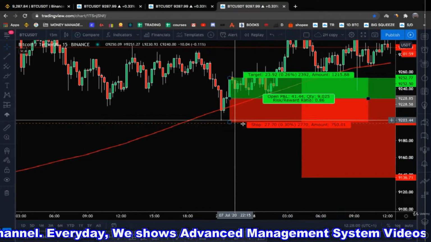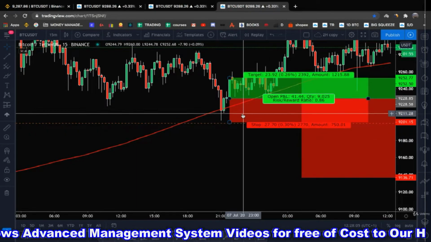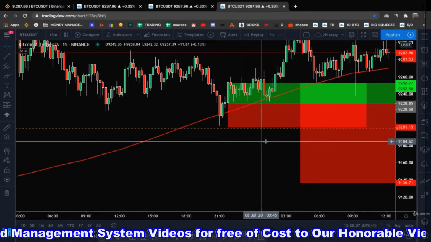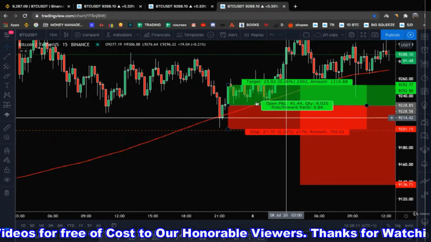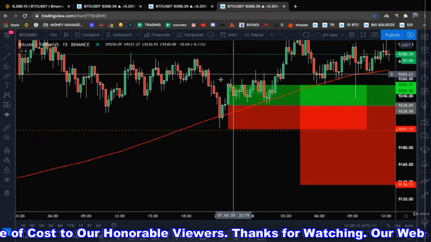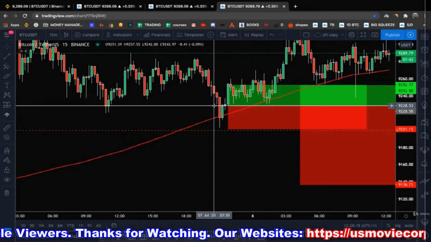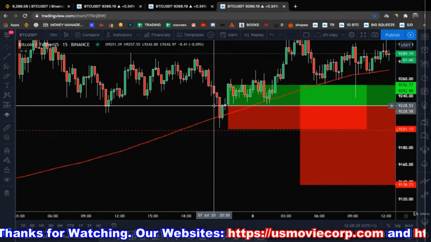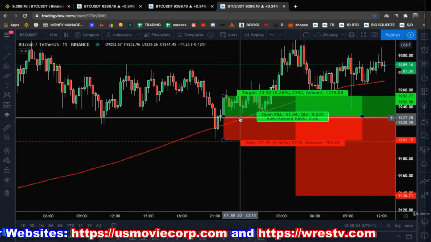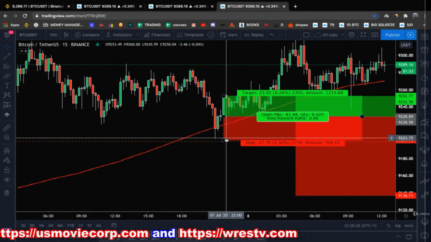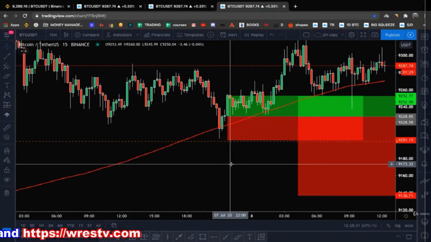But since the stop loss is much closer, that means that you are going to have to open a position that is much bigger than your account size. So this is when margin comes into play. You can borrow money to enter a trade, but your risk is still managed, right? Your risk is still 1% of your account. You might enter on a $2,000-$3,000 position, but still if you lose this trade, you are going to lose $10, which is 1% of your account. I hope you are not getting lost here.